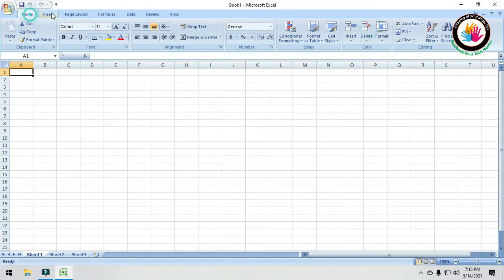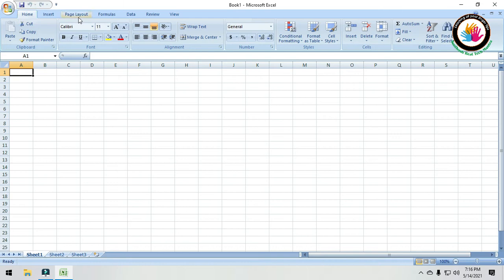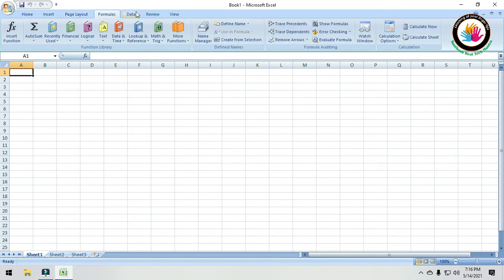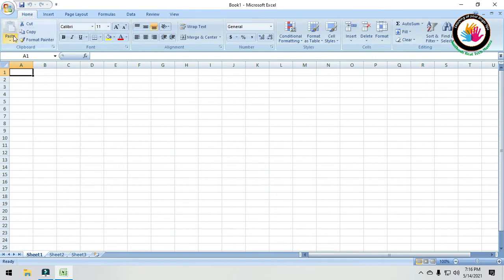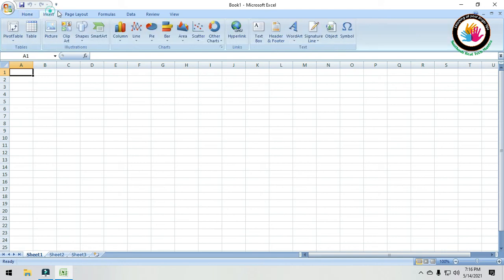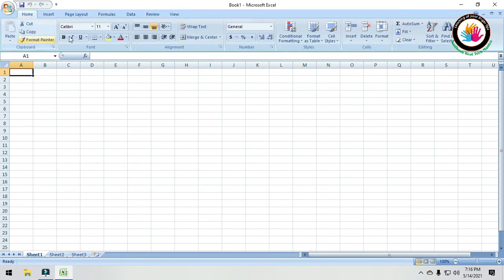Next, below that, this is called the menu bar. Home menu, Insert menu, Page Layout menu, Formulas menu, Data menu, Review menu, View menu. When you click on a particular menu, some of the commands are shown on this strip. This is called the ribbon. Generally, in the 97-2003 versions, we have a menu mode. When you click on the menu, a drop down list appears. But coming to the 2007 plus versions, we call it ribbon mode. When you click on a particular menu, it shows a ribbon with a list of commands.